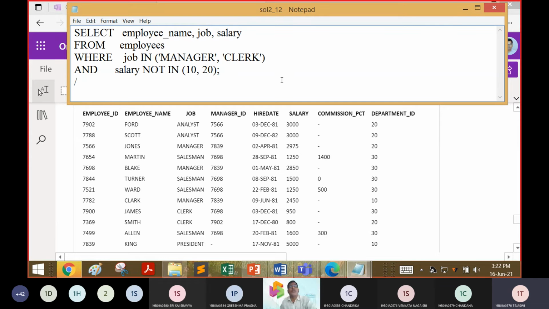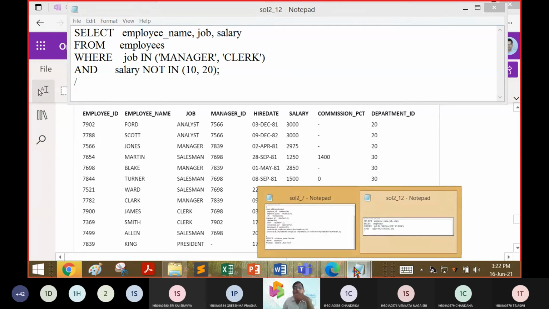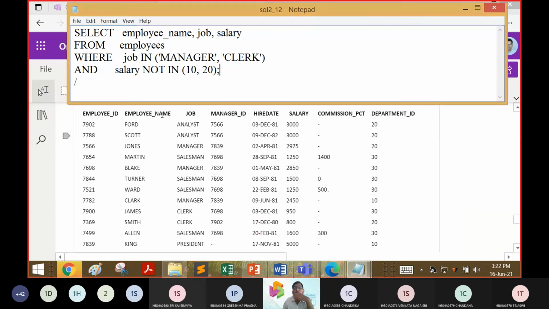Why did we mention 10 and 20 as the department? Is there any mistake? Salary not in... Like we have to mention salaries there, sir, instead of department IDs. One second. This is not a department. Salary itself we have to tell. It is not in 3000, we can put.